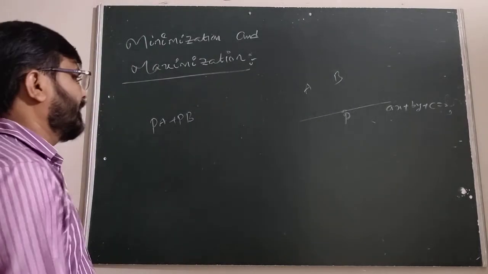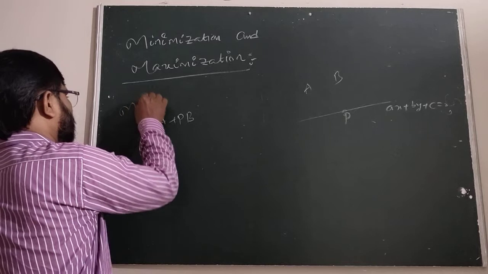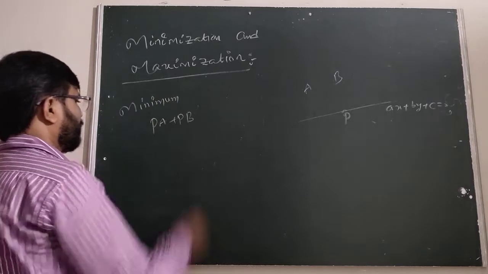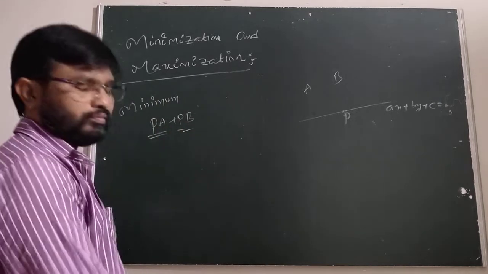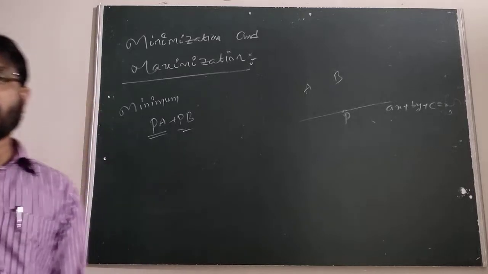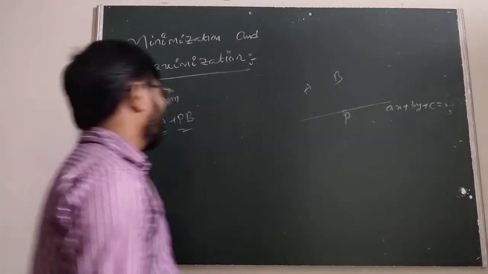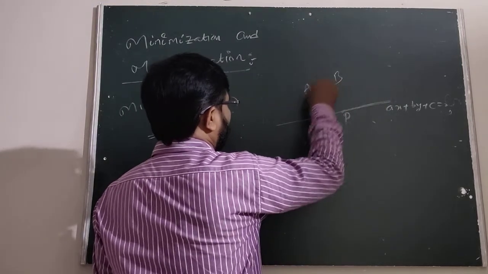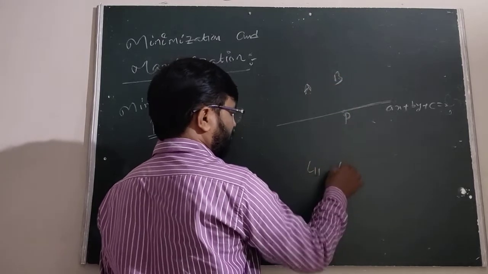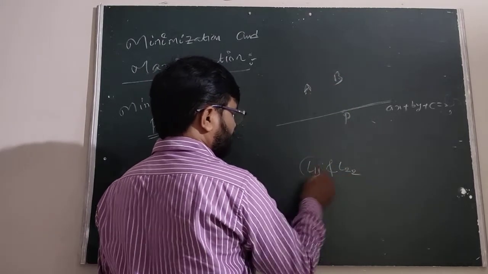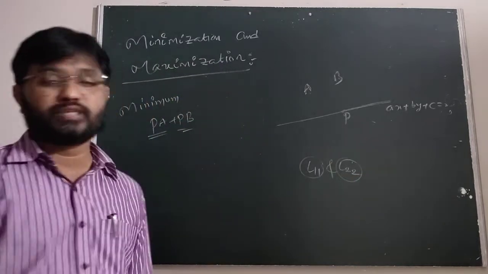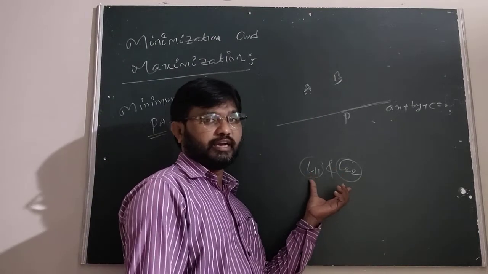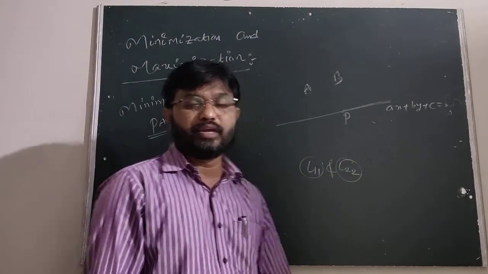So, all of you please listen here, how to find the minimum value of PA plus PB when the points lie on the same side or either side? Suppose it is the same side. We know that A and B are on the same side means L11 and L22 have the same sign. Either they are positive or they are negative. Then we say that A and B are on the same side.